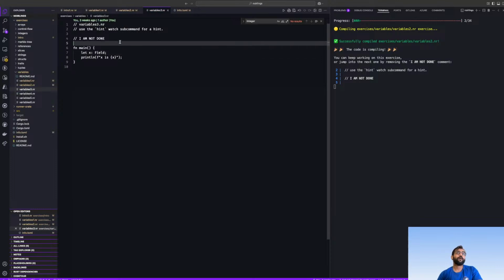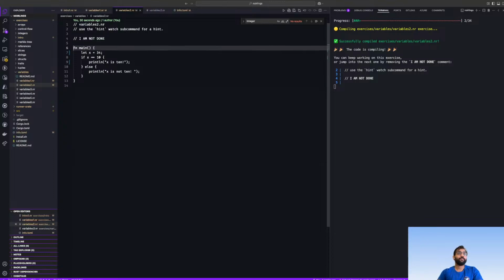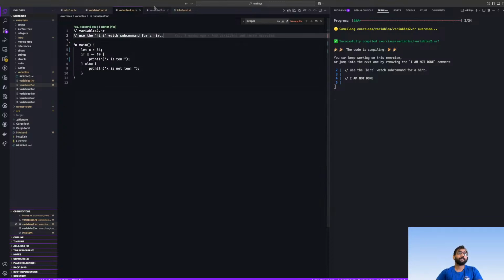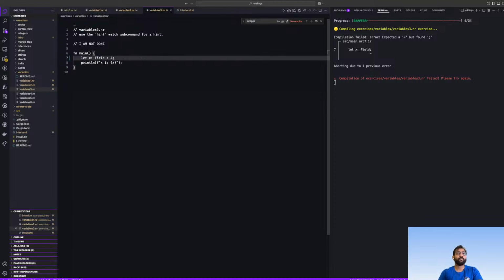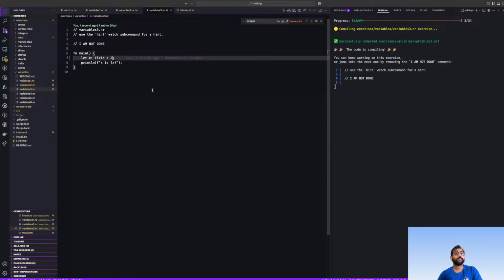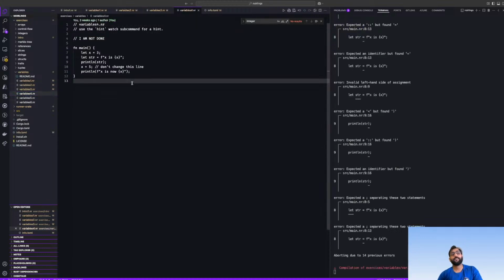Okay, now variables 3. So variables 2, we are going to remove this comment. Variables 3, what is x field, println f of x is, this is string formatting, so we can just define any value here. Okay, let's say 2. So it will compile now. This is like very small exercises, but as we move forward you'll see that the level of the exercises is going to get really tough.